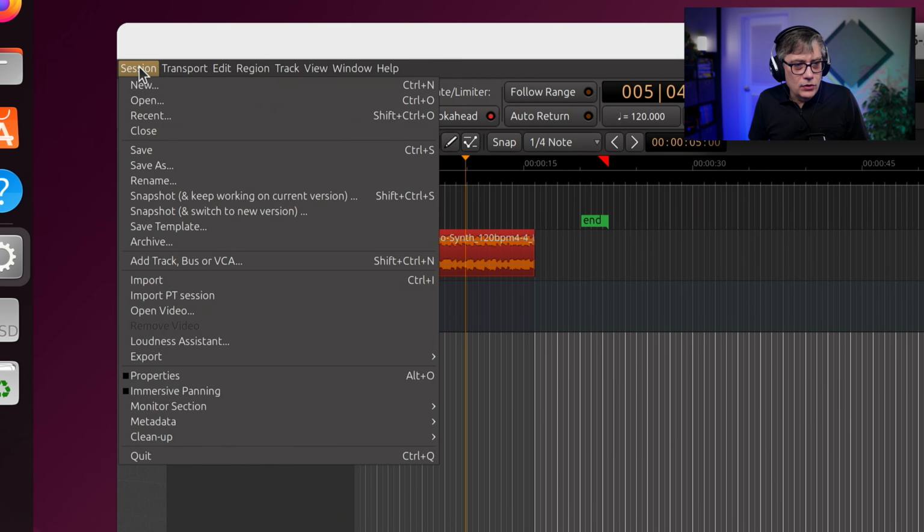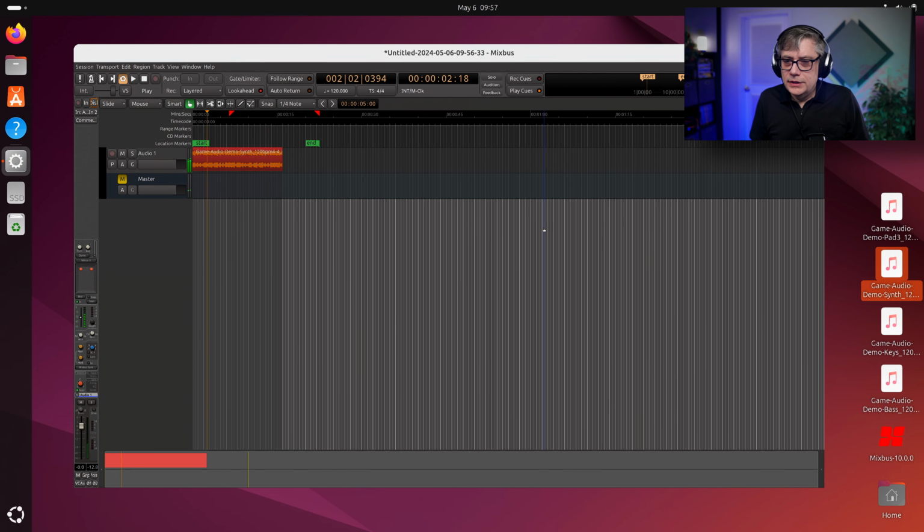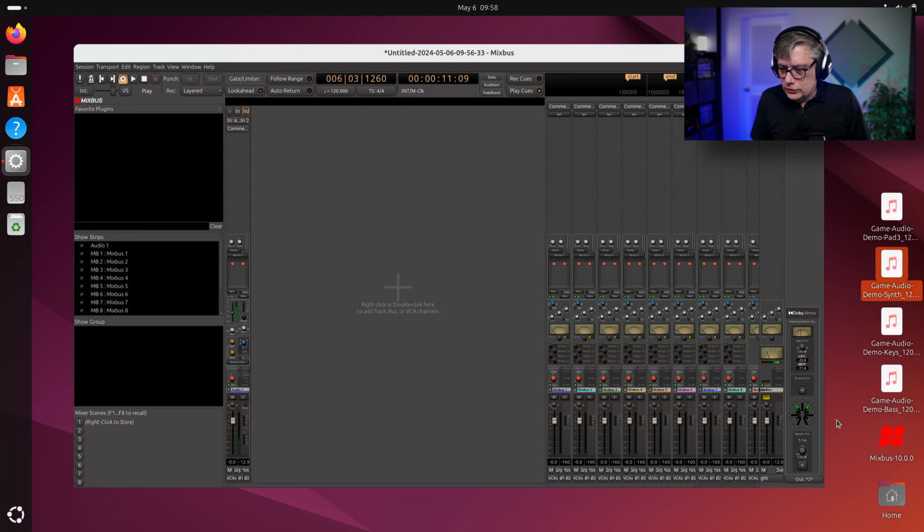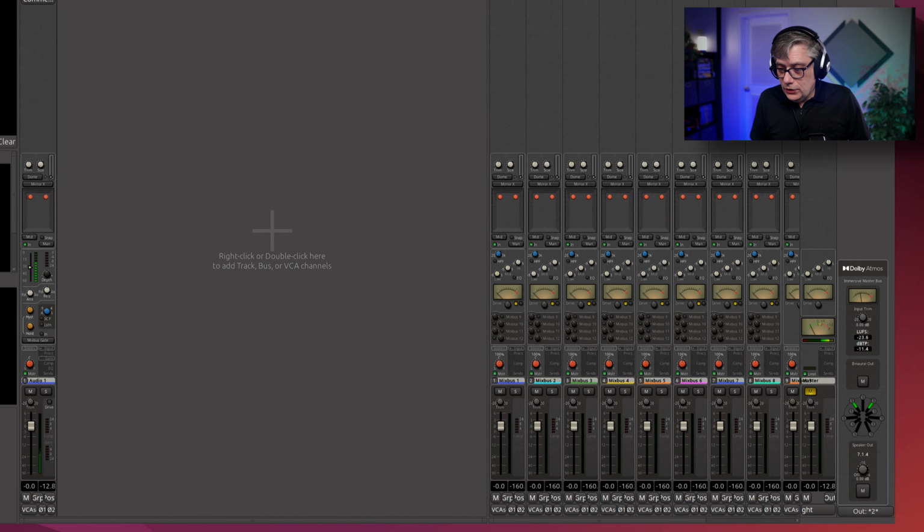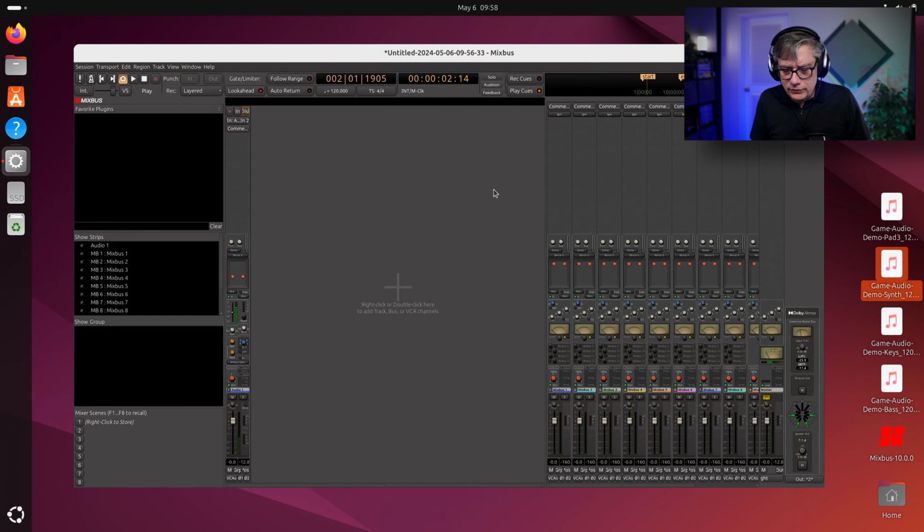As is the case with all other MixBus installations, all we really have to do is switch on immersive panning. And as soon as I do that, I'm in Dolby Atmos mode, and the fact that this actually works, I can see by going into the mix view. In the mix view, I now see, similar to the way it was on the Mac version or the Windows version, doesn't really make any difference, also here I have the Dolby Atmos bus, and I can use the immersive panner. And I will see essentially that this works in exactly the same way as it works on Windows or Mac OS. And that is actually fairly remarkable.